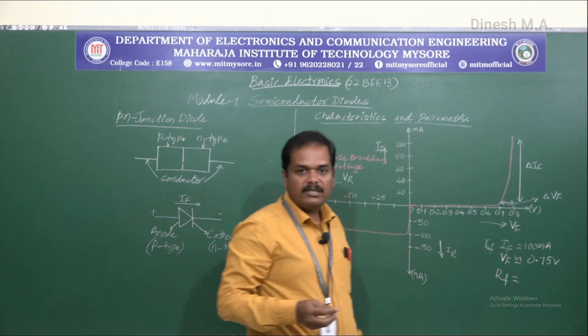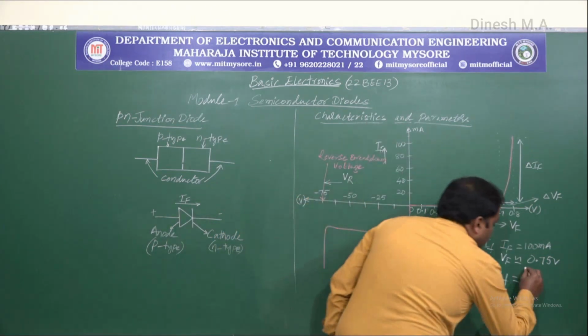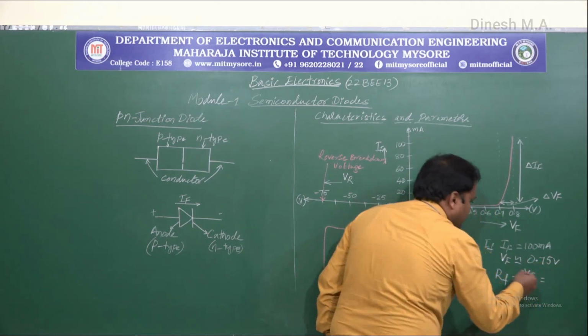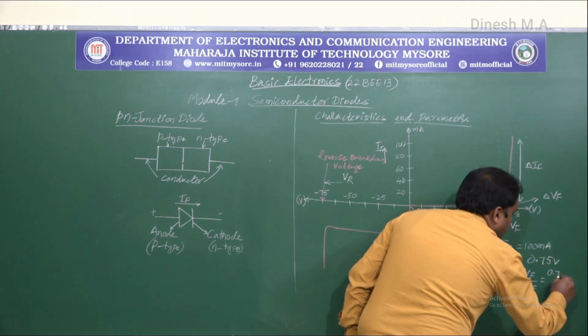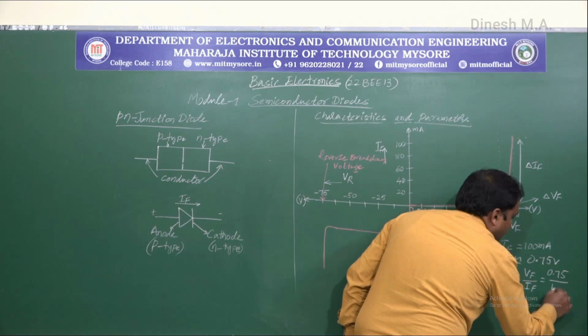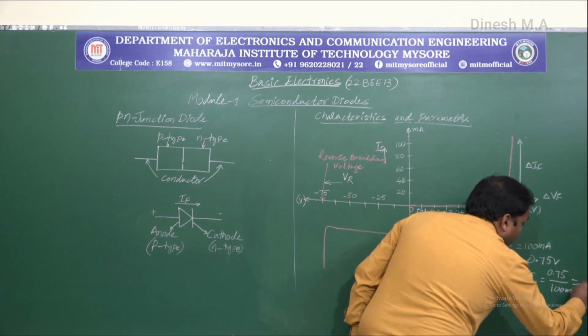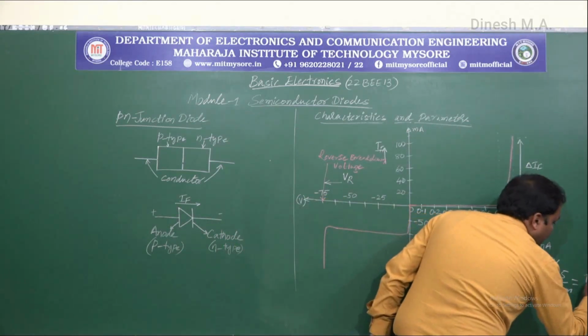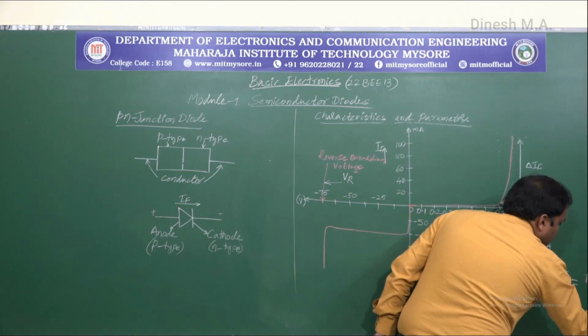that is forward resistance, so we know that this is given by VF by IF, and if we substitute these values, 0.75 volts divided by 100 milliamperes, this would give us a resistance of 7.5